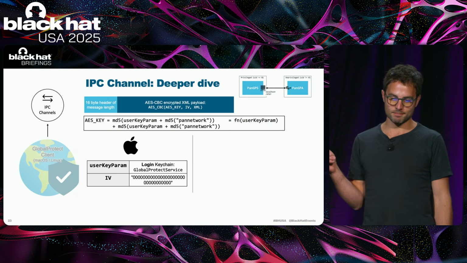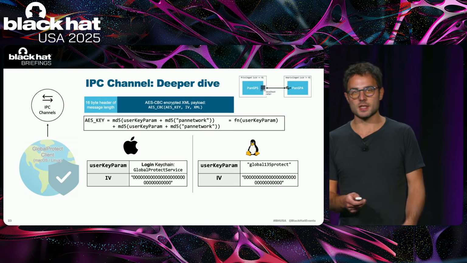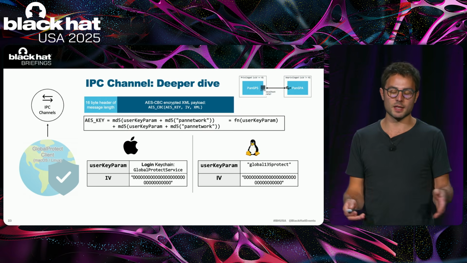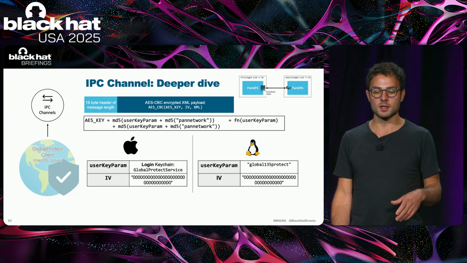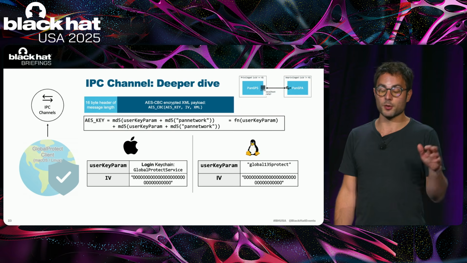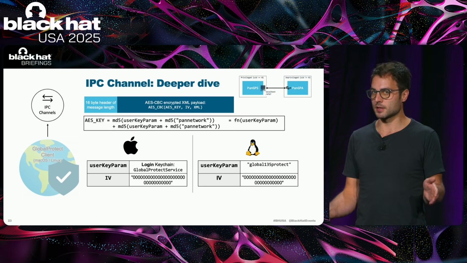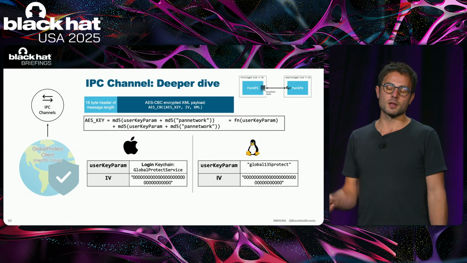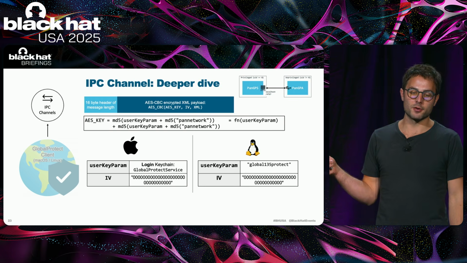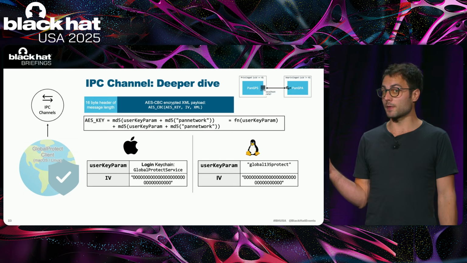What about Linux? There's no such service in general across Linux like there is in Mac with the keychain. So they just hard-code it, global35protect. And again, hard-coded initialization vector. We found this out through decompiling the binary, but actually, it turns out we weren't the first people to consider